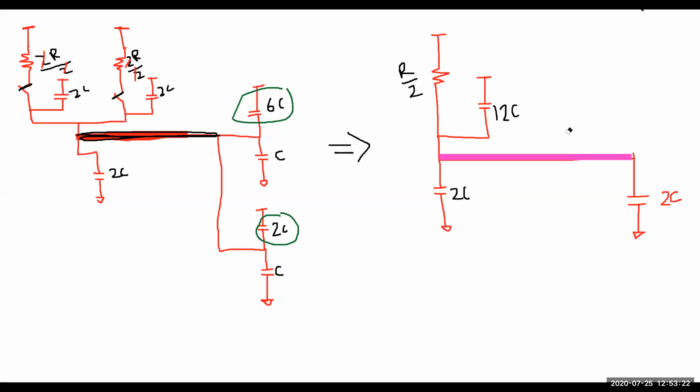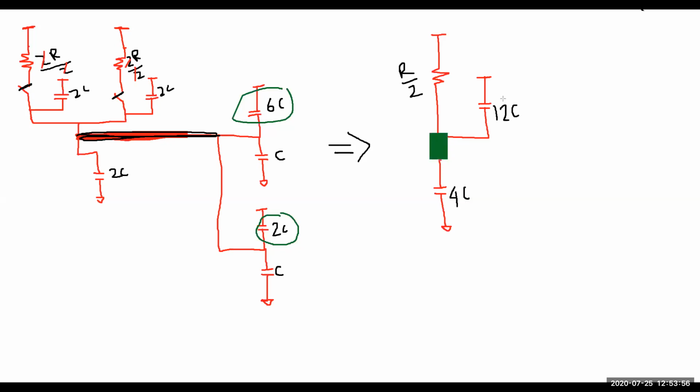So I'm going to erase these using these, and I'm going to erase these. And I'm going to write it using black, 4C. Understood, everyone? Yes, sir. So which one is our output point? This one is our output point, right? According to this point, how many resistances and how many capacitances do we have?